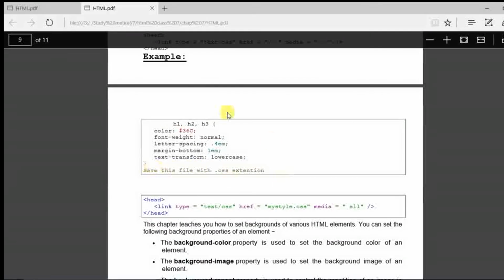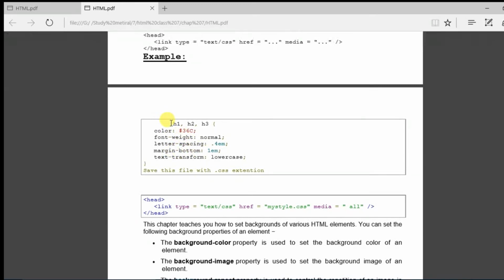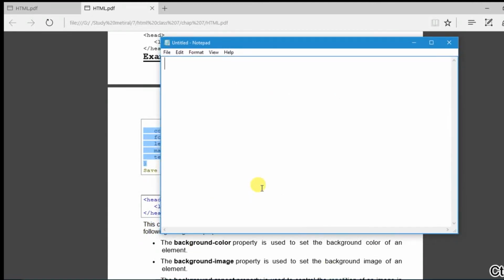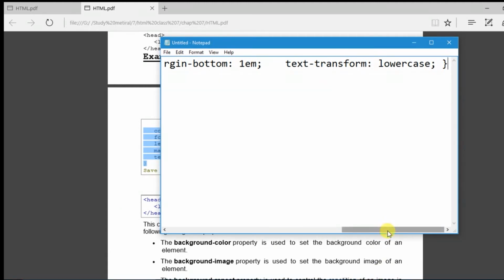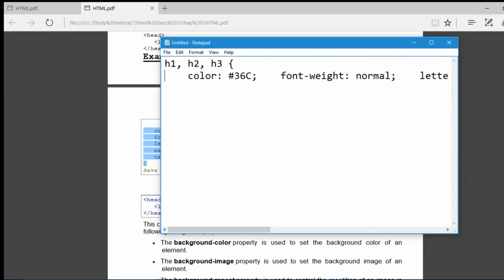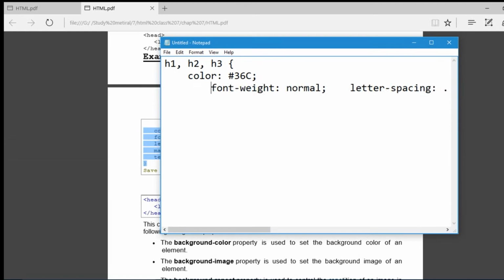I am taking the same example here, so I am copying it, Control C, in the notepad, Control N, Control V, and we need to adjust the code here. This time I am passing the property for H1, H2 and H3 selectors. The color I passed, the font width I passed, letter spacing I passed.